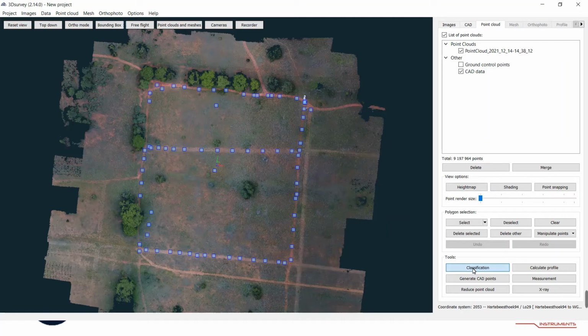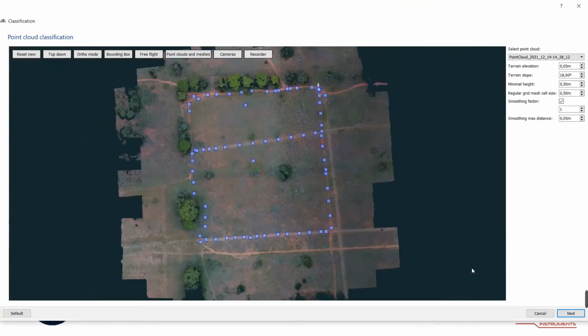So if we want to remove anything which is not ground related, you can obviously set your terrain slope to be less, so the smaller the degrees is, the smaller the height change will be that it allows to still